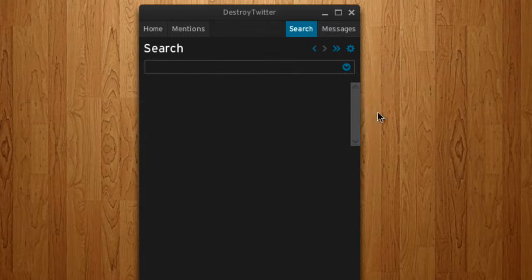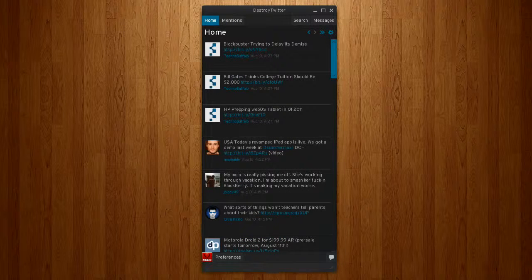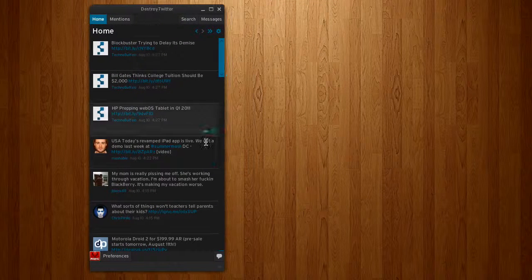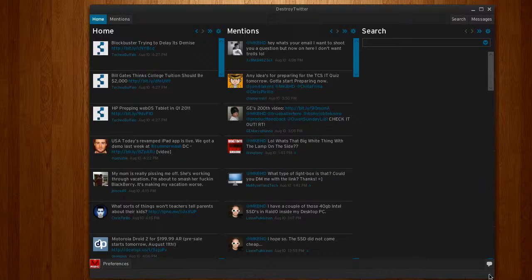Now there's no need to fear if you're a big fan of the triple column or quadruple column layouts of the very popular Twitter client called TweetDeck. Destroy Twitter actually also has, in their newest version, incorporated a multiple column mode where you can drag it out to be as many columns wide as you'd like. So you guys who are using full screen TweetDeck, you can actually switch to Destroy Twitter and still have the